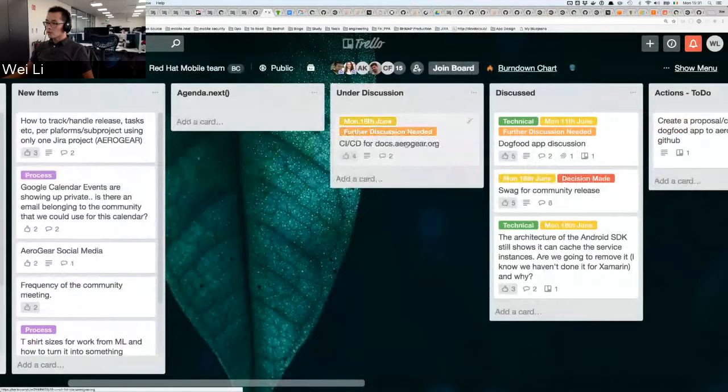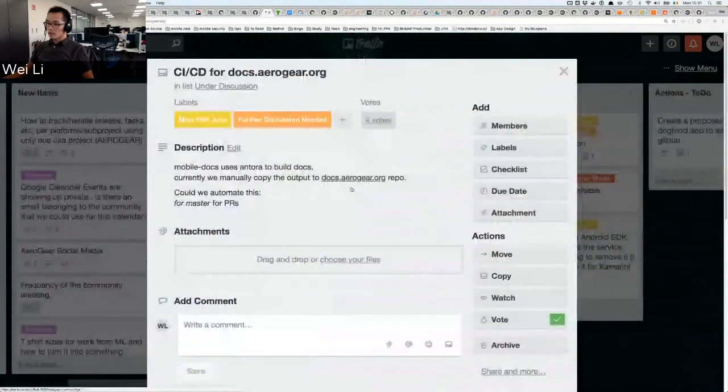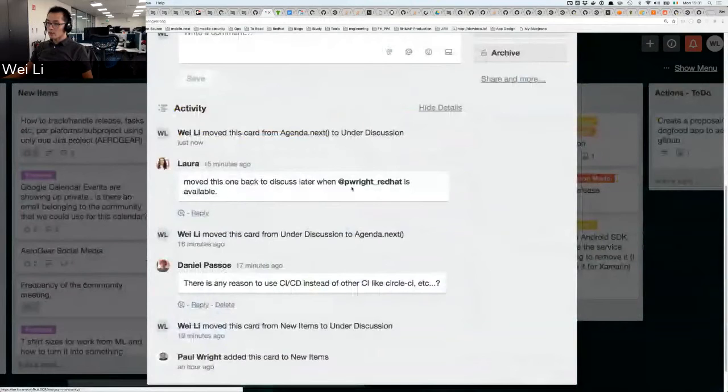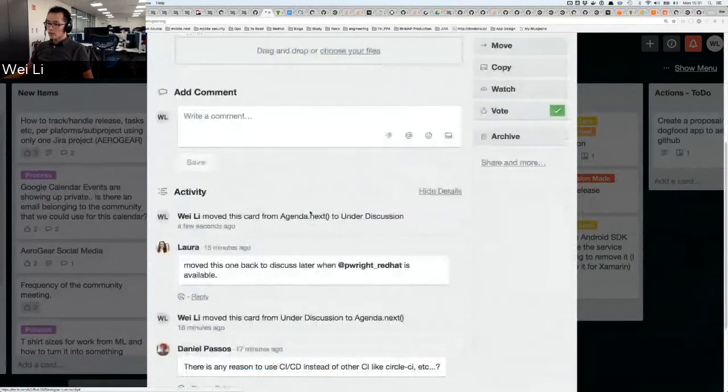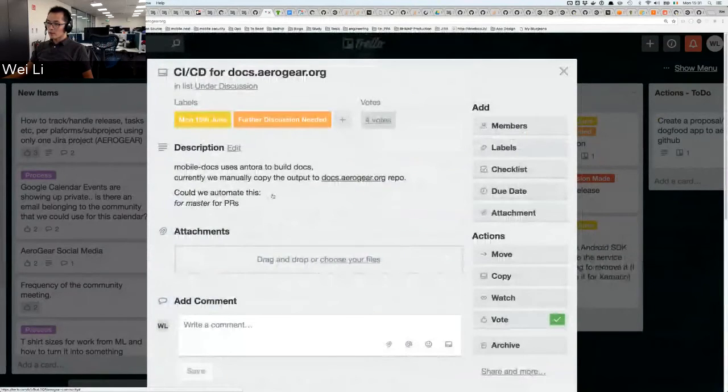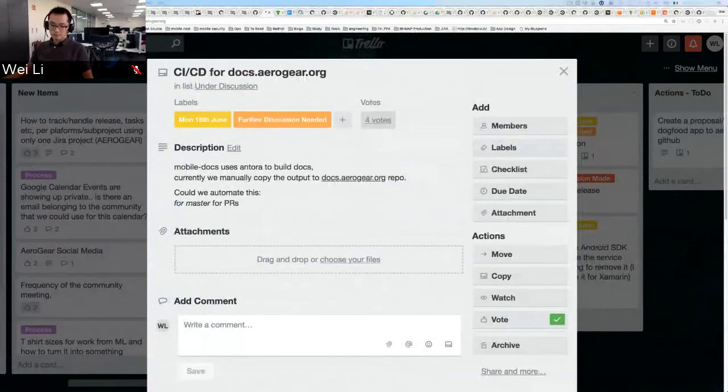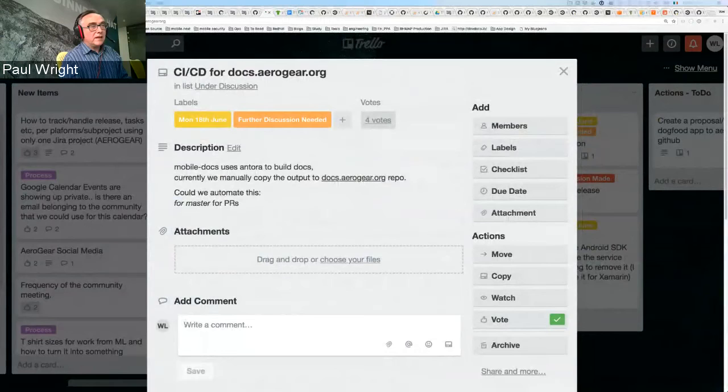I think you created this card on the agenda here about CI/CD for docs.aerogear.org, and it has been voted the top card to discuss. But you weren't here, so we don't know what exactly we need to do. If you don't mind, can you just briefly explain? Actually, I see a comment there about CircleCI, and that would be my preference.